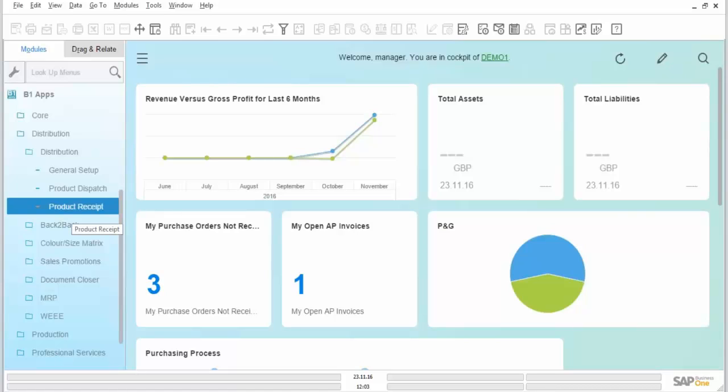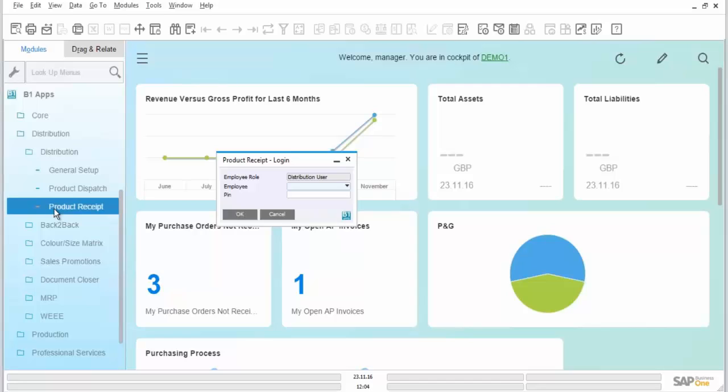As I mentioned before, the main advantage of this add-on is that it allows us to use the scanning functionality. So we can basically use the very simple Bluetooth scanner for scanning the data into the system. If we compare this to the full-blown WMS system, it's just simplifying, making the whole transactions much faster, but we don't need to have the full WMS solution in place to be able to process stock transactions much quicker. So if I go to product receipt,